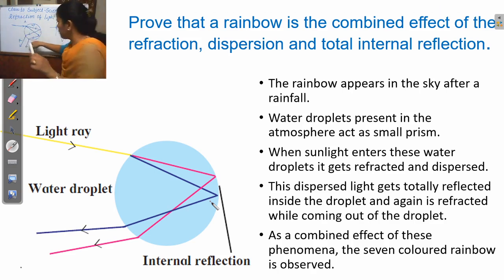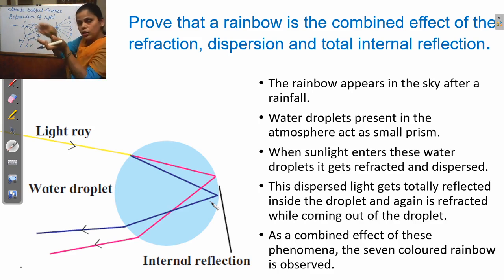Here this is a droplet, and inside the droplet there is a water medium, and when the light rays enter from the rarer medium, this is the air medium, that is rarer than the water medium, to the denser medium, then according to the law of refraction of light, the light ray bends towards the normal. That's why this light bent down, just slightly bent down. Here the refraction as well as dispersion occurs.